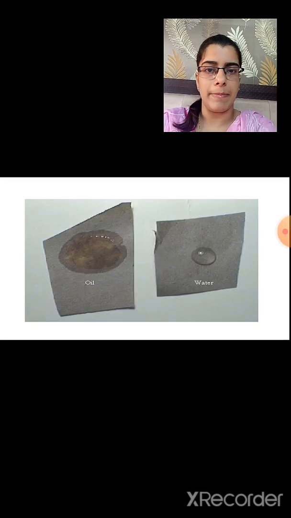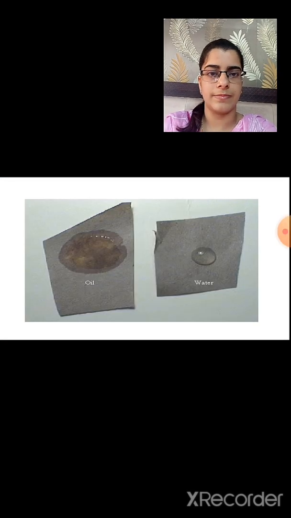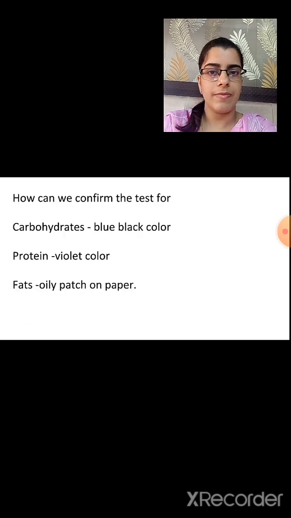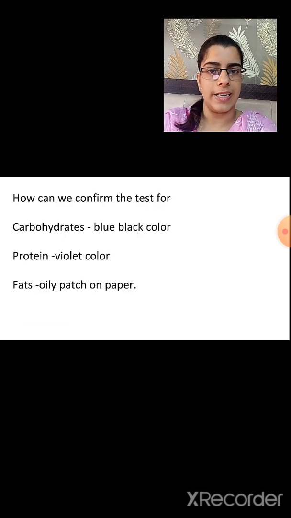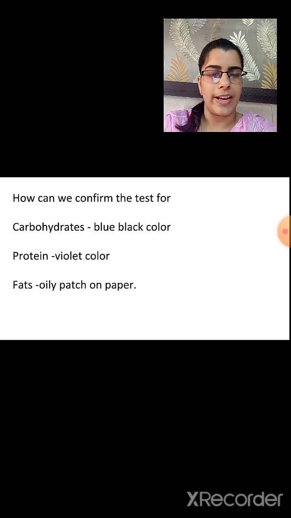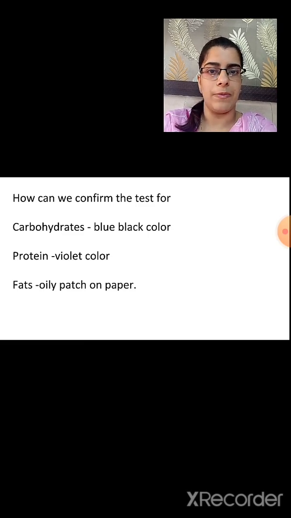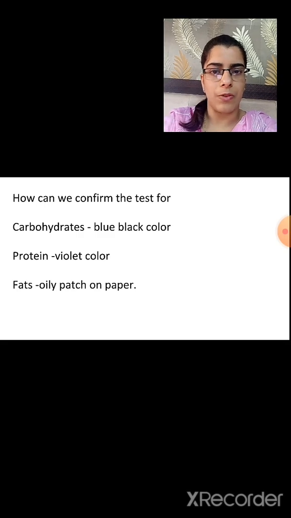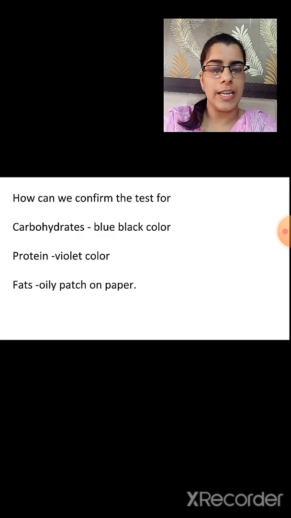You can see in the image how it looks. So we have done the 3 tests for carbohydrates, proteins and fats. So how will we confirm? For carbohydrates, the color will change to blue-black. For protein, it will change to violet, and for fats, an oily patch will be seen